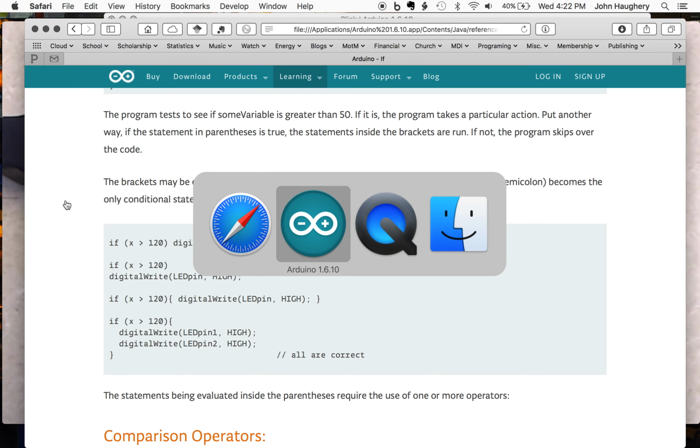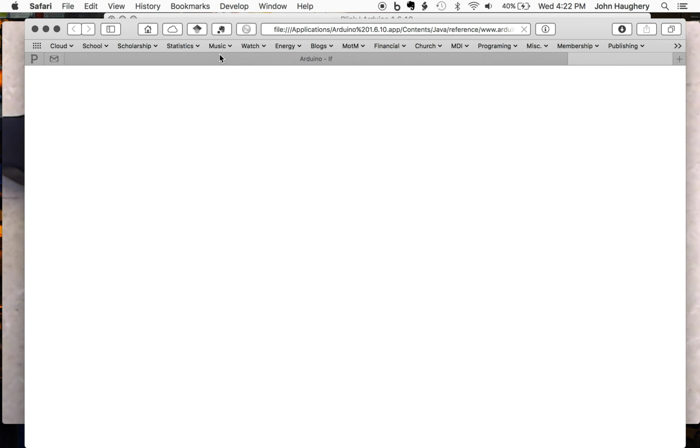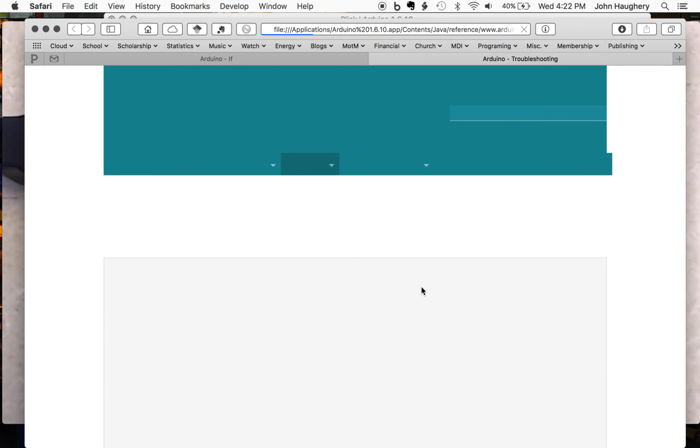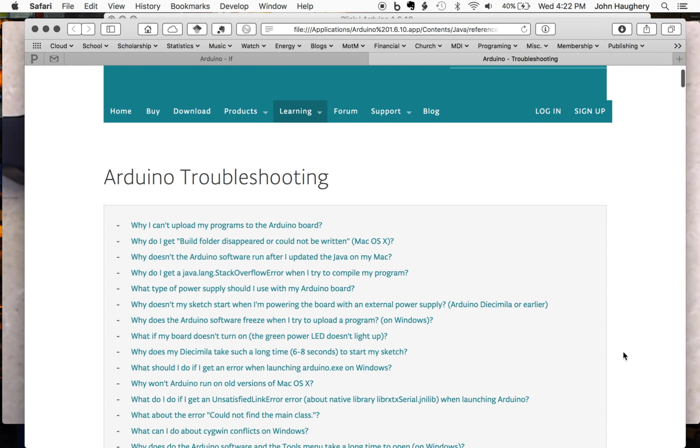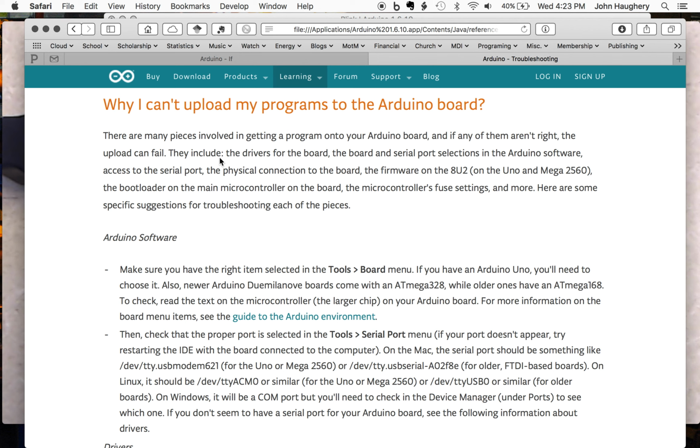Now, there's more than just the reference. There's also a troubleshooting page, which could be very helpful as well. As we get through troubleshooting, there are going to be issues. Nothing's going to work perfectly. You're going to have your code written, and then there's going to be an error uploading. So you can come here and say, why can't my program upload to the Arduino board? Well, there are some possible issues here that you could read through. And if none of that makes sense, myself or the other TAs will be there